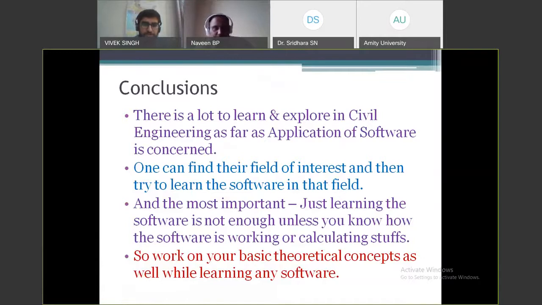And the most important, just learning the software is not enough unless you know how the software is working or calculating stuff. So the story behind the software is also very important. What is happening in the back end? So theoretical knowledge is also very important without using any software. So work on your basic theoretical concepts as well